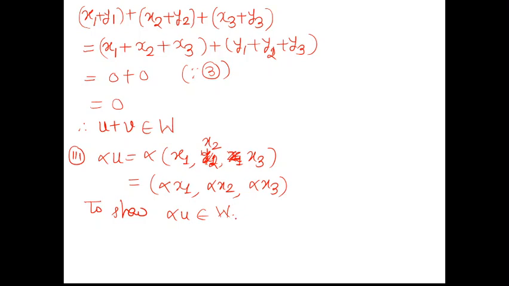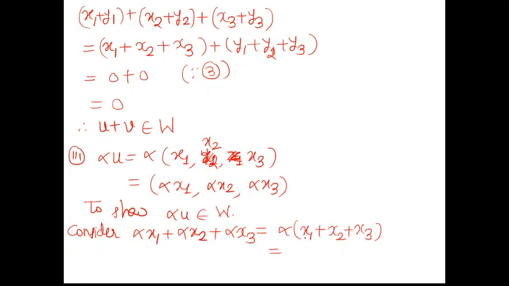For this, the condition of W should get satisfied. What is the condition? The addition of all these three elements of alpha u must be 0. So let us evaluate its value. Consider alpha x1 plus alpha x2 plus alpha x3. Now you can take alpha common and write it as alpha times x1 plus x2 plus x3. As per equation 3, the value of x1 plus x2 plus x3 is 0. So this comes out to be 0. As the addition of the three components of alpha u is 0, the conclusion is